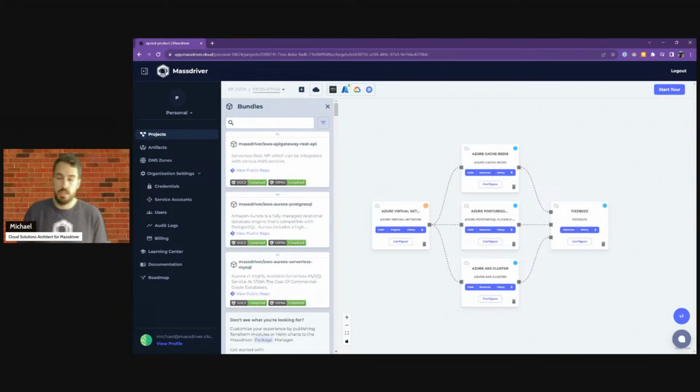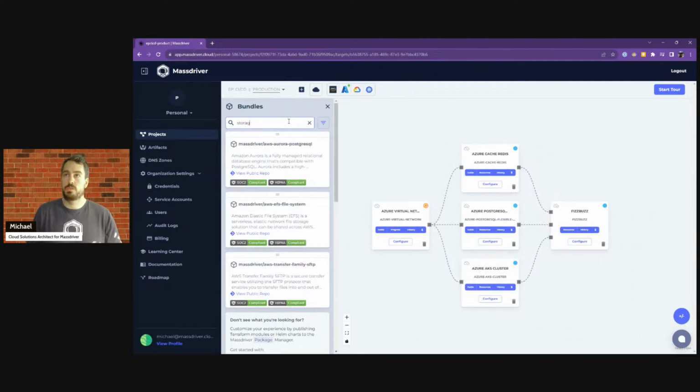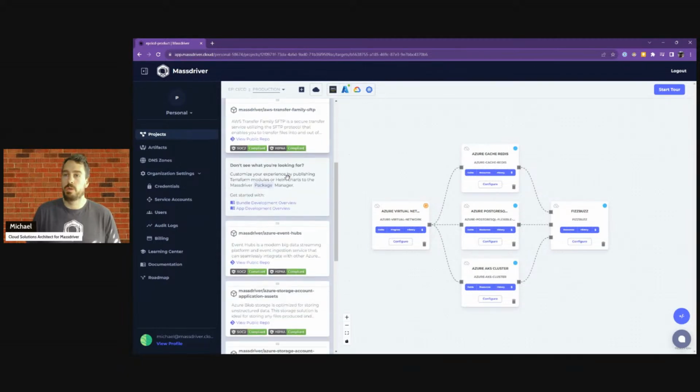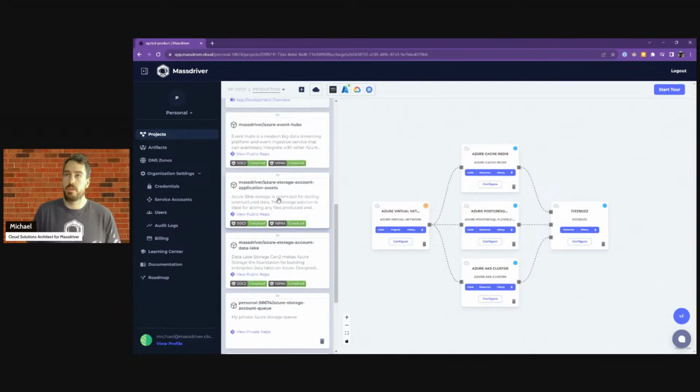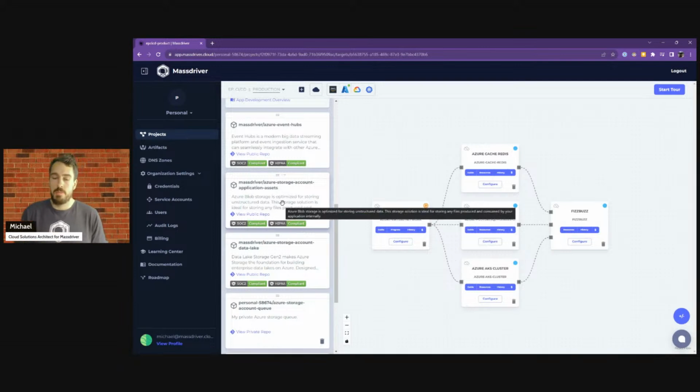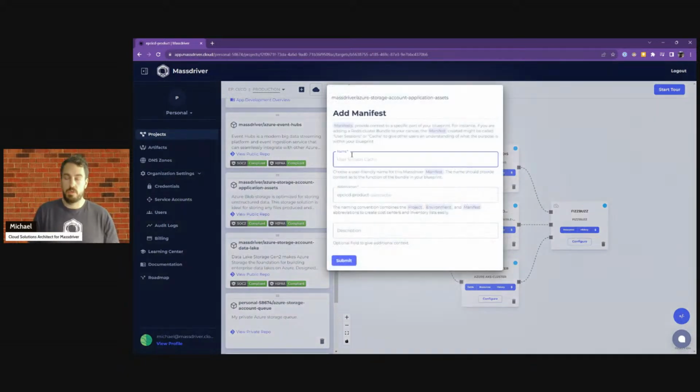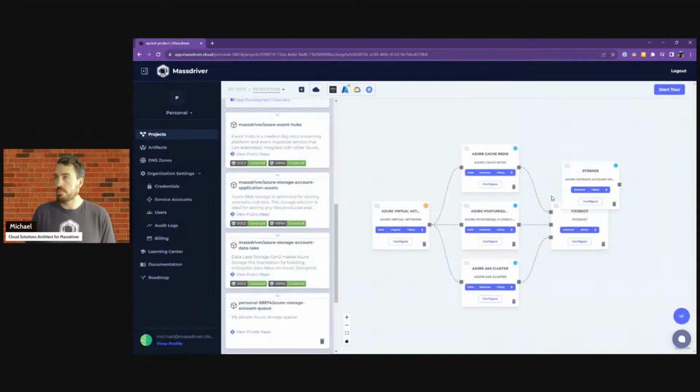For webinar's sake, let's say I want to add some storage to my architecture. So if I type storage, we're going to look for an Azure storage account, maybe application assets. Maybe I'd like to add a storage account to my application to store some images. I can drag this over. We'll call this storage. Click submit. And now I have this storage account bundle on my architecture for my production environment that I can go ahead